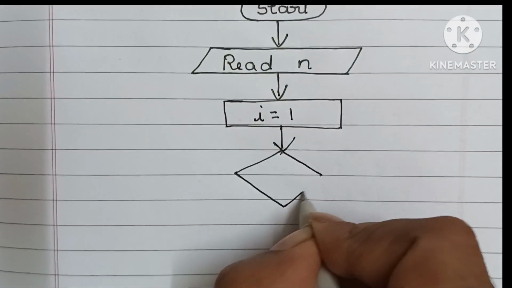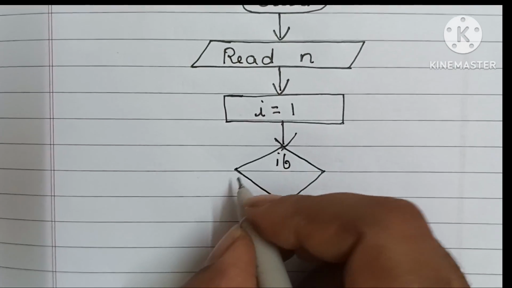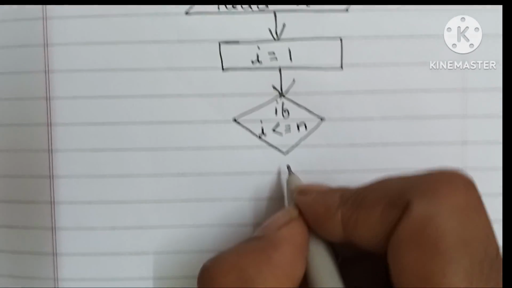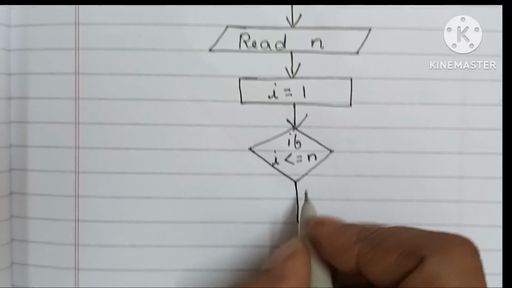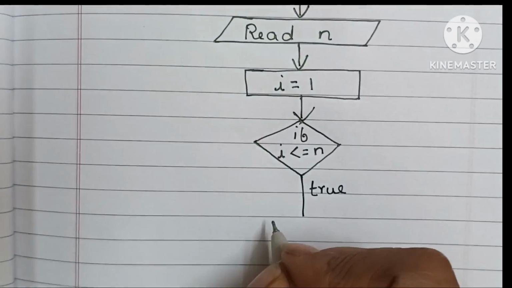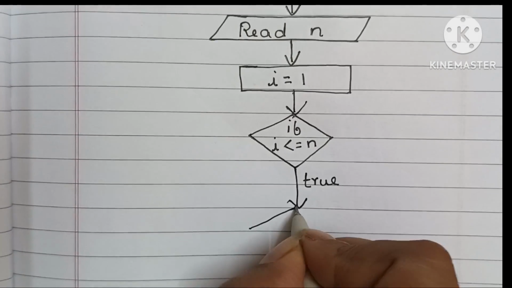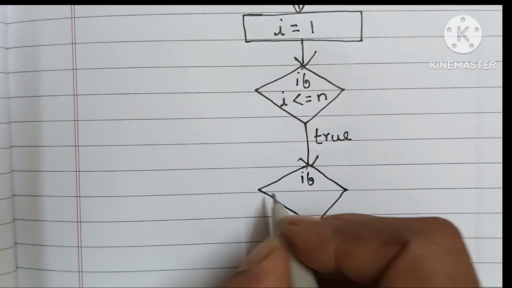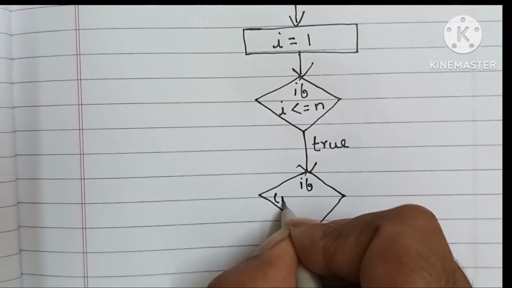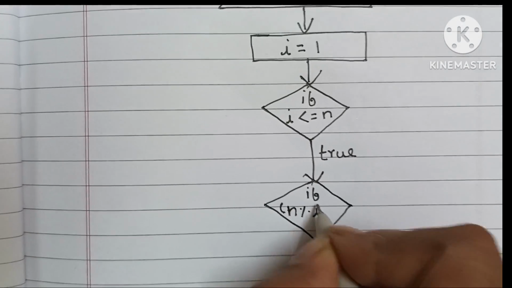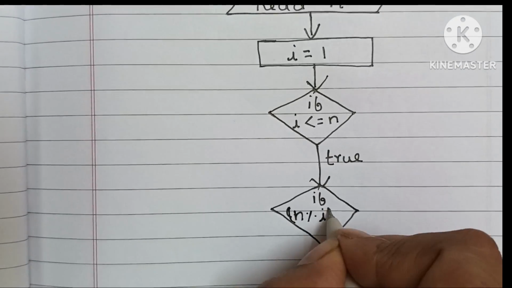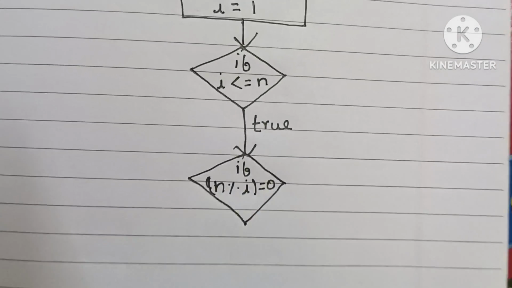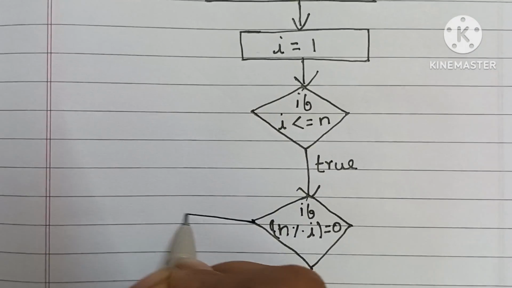Next, we have to compare I with n. If I is less than or equal to n, if it is true, again we have to compare. If n modulo I is equal to 0, if this condition is true,